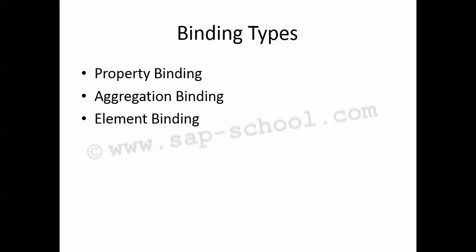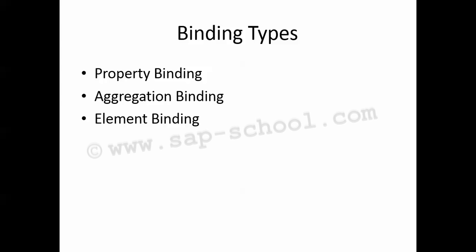The aggregated elements are destroyed and recreated whenever the bound list in the data model is changed. So the controls for the visualization of a large data set, for example the table or the row repeater, only create the clones for the currently visible entries and not for all the list entries, by using a custom update aggregation method. To bind an aggregation, we create a template or provide a factory function which is then passed when defining the aggregation binding itself. In the settings objects, we can set up the aggregation binding.